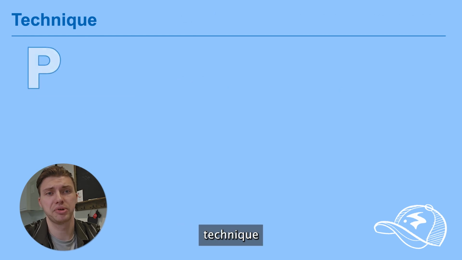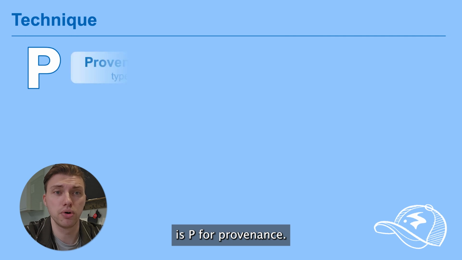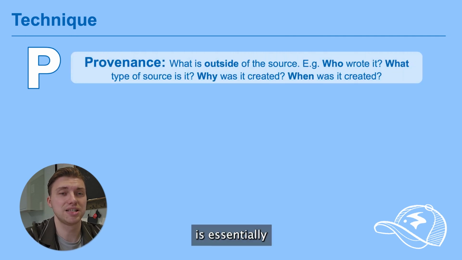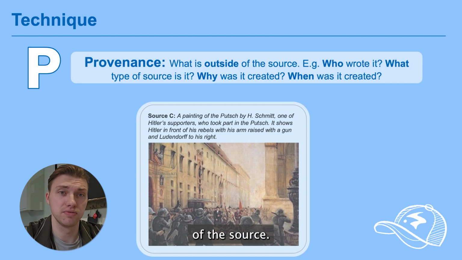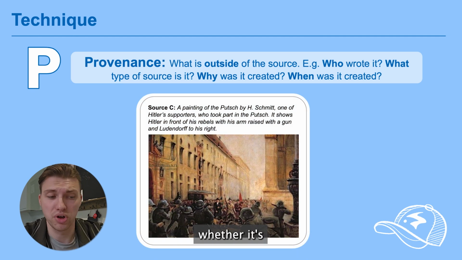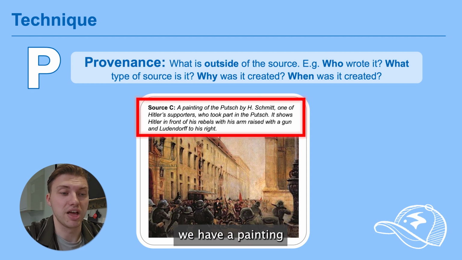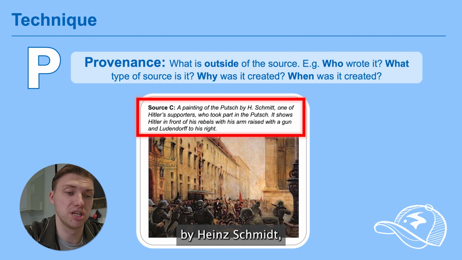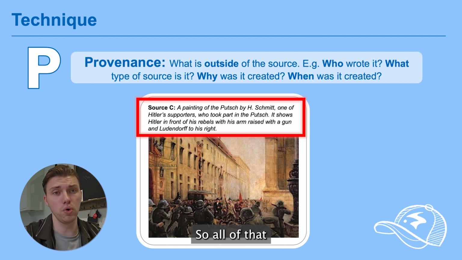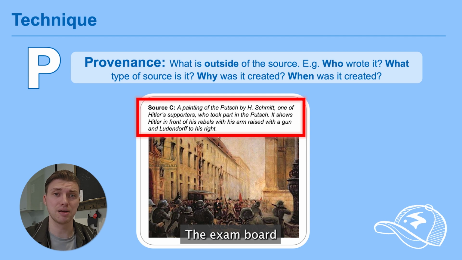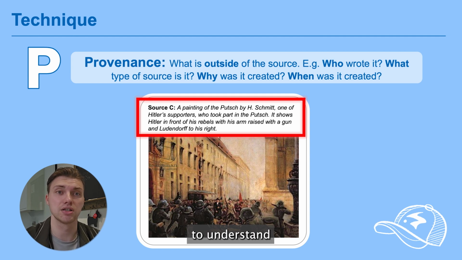The last of our CAP technique is P for provenance. Provenance is essentially what is outside of the source. So when you look at the source, whether it's an image, whether it's writing, you will have a description of who wrote it and why. So here we have a painting of the putsch by H. Schmidt, one of Hitler's supporters who took part in the putsch. It shows Hitler in front of his rebels with his arms raised with a gun and Ludendorff on his right. So all of that is contextual knowledge that the exam board has given us to understand what this source is